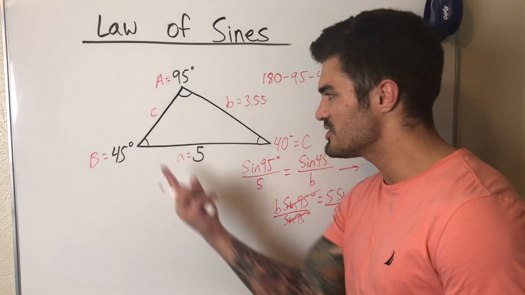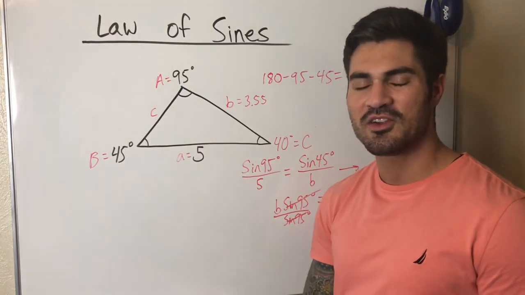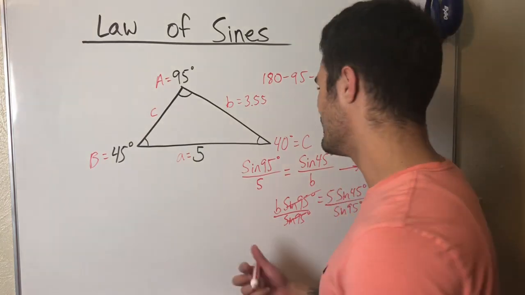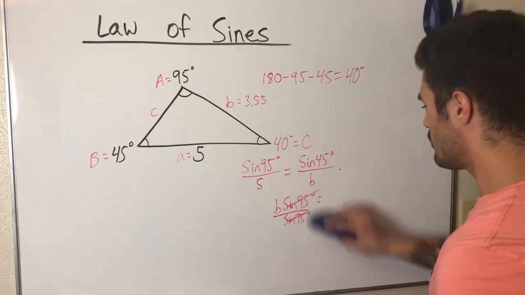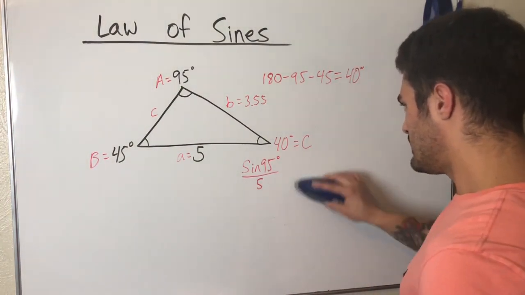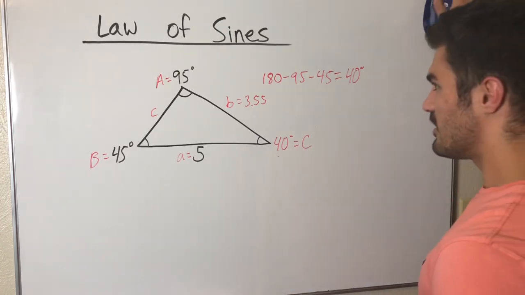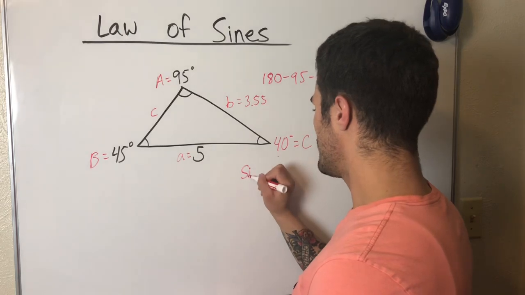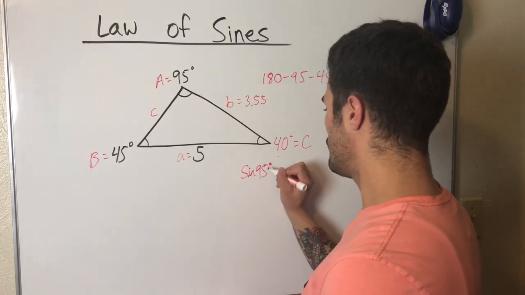All right, to find this third side, be careful. Do not use the Pythagorean theorem. That only works with right triangles. Unfortunately, we have to use law of sines again. So I'm going to go ahead and erase this work, and we're going to use law of sines again. I'm going to use that same sine 95 over 5. Sine 95 degrees over 5